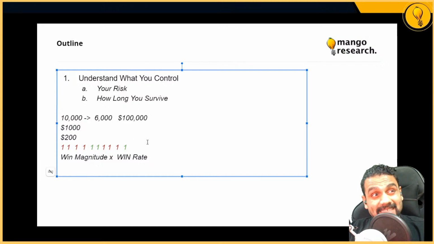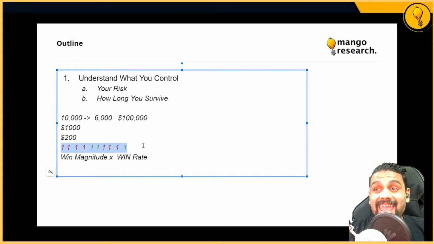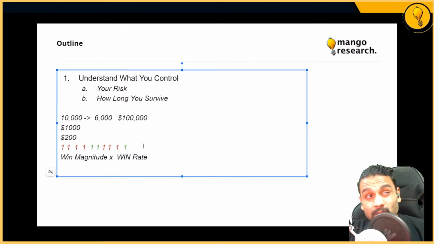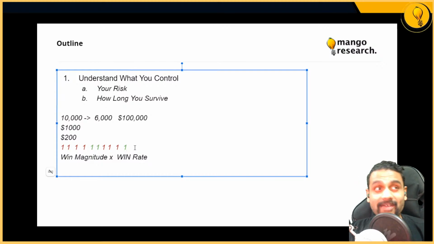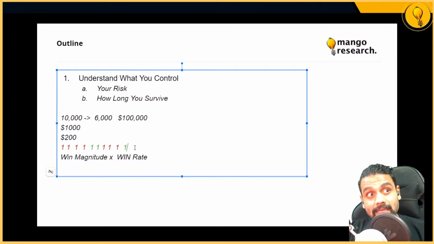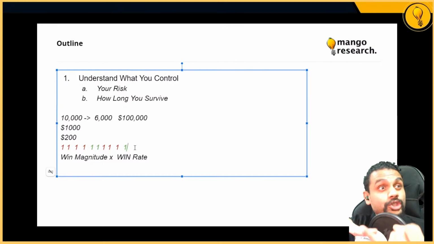And by the way, guys, understand that you can never, ever have a strategy that only allows you to have 10 trades before you have risk of ruin. Okay, you cannot do that, because there will be a run where you do lose, and you have to take into consideration that your emotions are going to come into play.